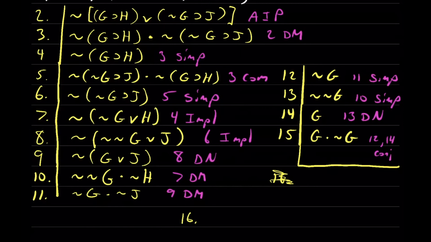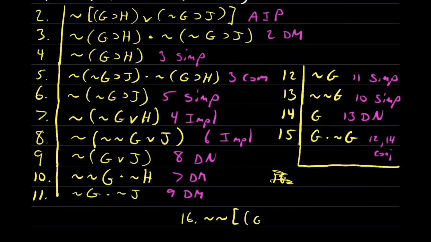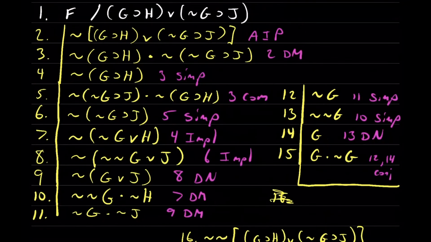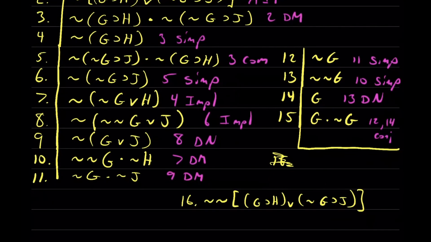So again, you can't go right to the conclusion. You've shown that the assumption is false. So it's not the case that it's not the case. And here's that long expression in brackets that we started with. G implies H, or not G implies J. Close off that bracket. And now that's going to follow. We started the assumption on line 2, so it's line 2 through 15